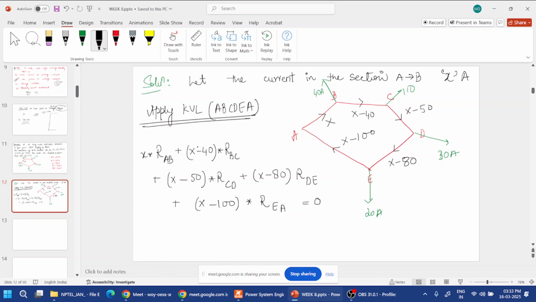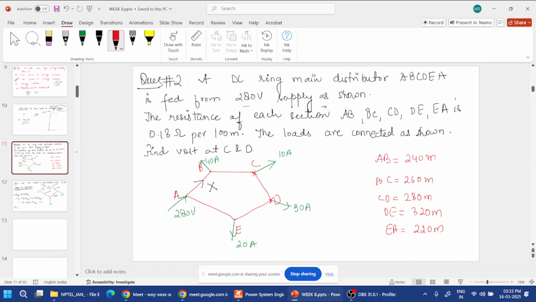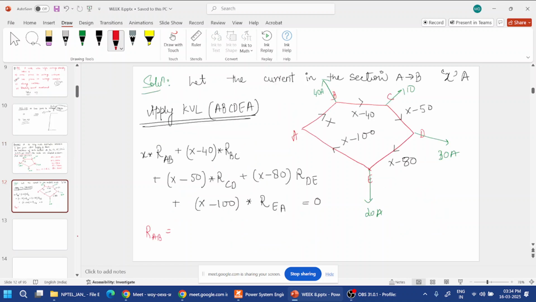So first we have to calculate the section resistance. Now what happens here is that R AB is equal to how much? AB is 240 meter, and it is given in the question that for every 100 meter the resistance will be 0.18. So for every meter it will be 0.018 ohm. So if you multiply it for 240, the resistance will come out to be,